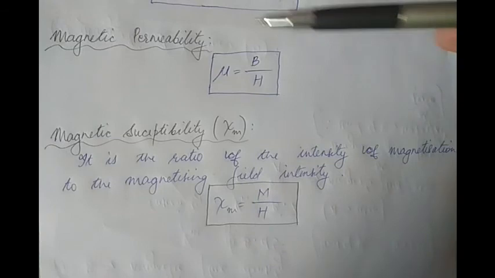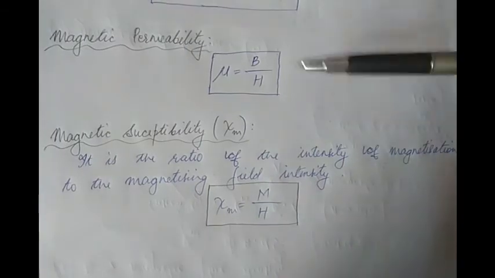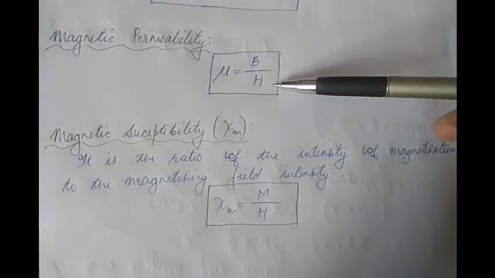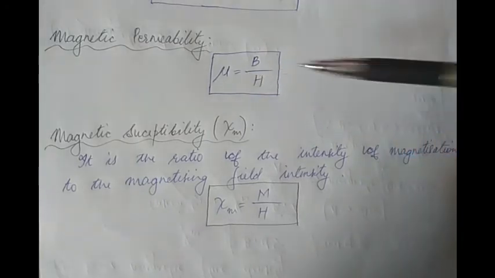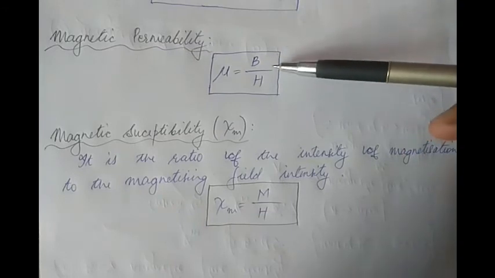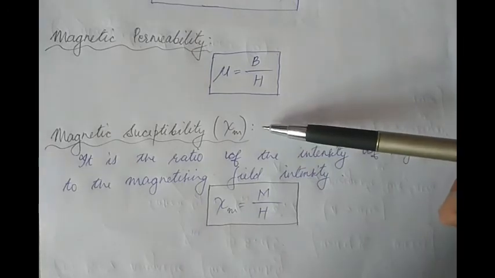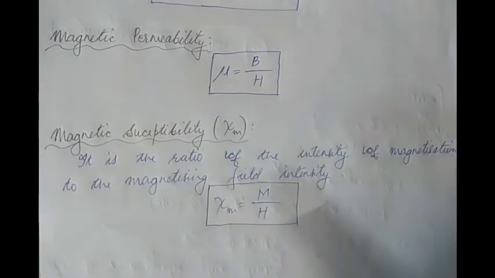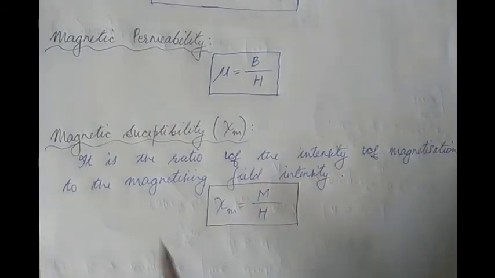Though we've already defined magnetic permeability, still do remember the relation between magnetic permeability, the magnetic induction and the magnetizing field intensity. So to say, you also get the definition of magnetic permeability from here. It can be defined to be the ratio of the magnetic induction to the magnetizing field intensity. And finally, a new term you all are coming across. This is called magnetic susceptibility, denoted by a Greek letter psi m, which is defined to be the ratio of the intensity of magnetization to the magnetizing field intensity. So psi m is equal to capital M divided by H.